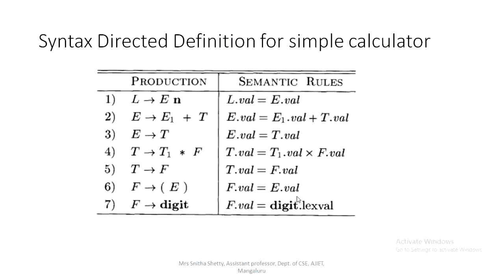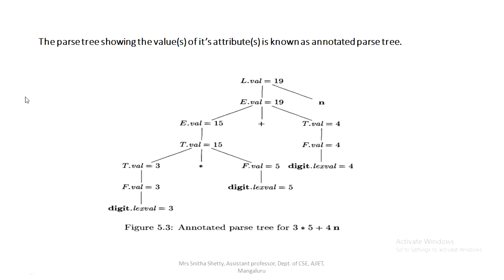So why am I reducing it? Because I'm following this grammar. This grammar says F gives digit or F gives E, and this E can be reduced to F, that is the meaning, right? Or F can reduce to T, or T star F can reduce to T, or E plus T or bar T can reduce to E, and finally E can reduce to L. So that is the given grammar. So here this 3 is getting reduced to F, 5 getting reduced to F, and this 4 lexical terminal is getting reduced to F. Next I am reducing this F to T, and this F to T.